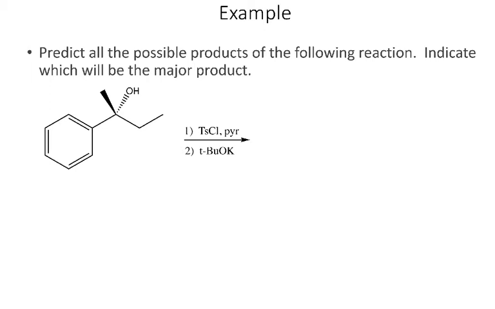All right, so one final example. In this case, we're first reacting this with the TsCl in pyridine, which is going to convert my alcohol into a good leaving group. Then I'm using a bulky base, so I'm going to get elimination. We're going to follow an E2 mechanism. Again, I can't form a double bond here because I've got no hydrogens to eliminate, so my options are to form a double bond here and here. So if I do this one first, I'm going to get